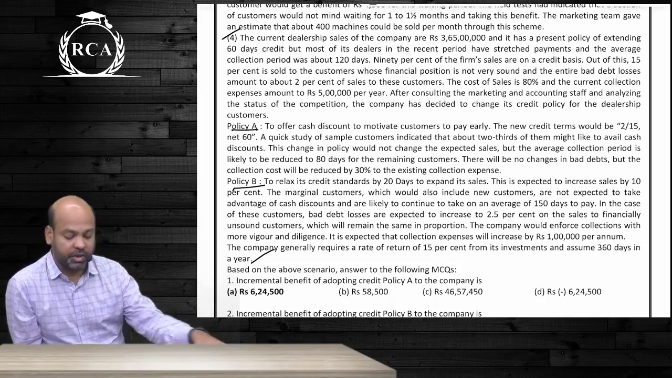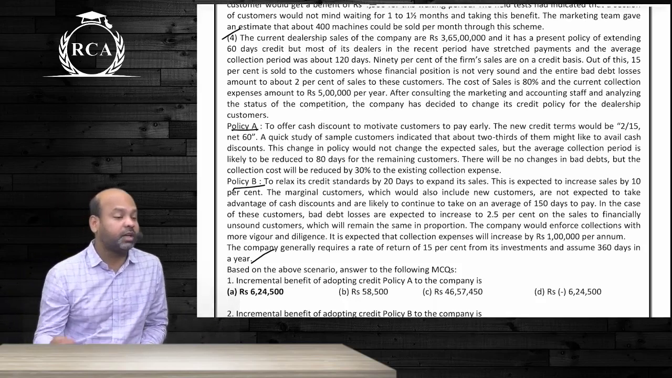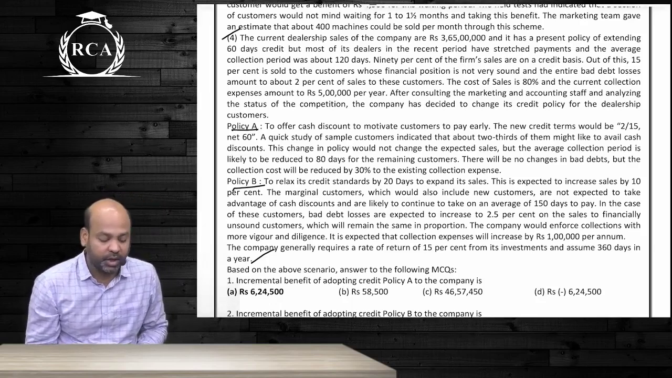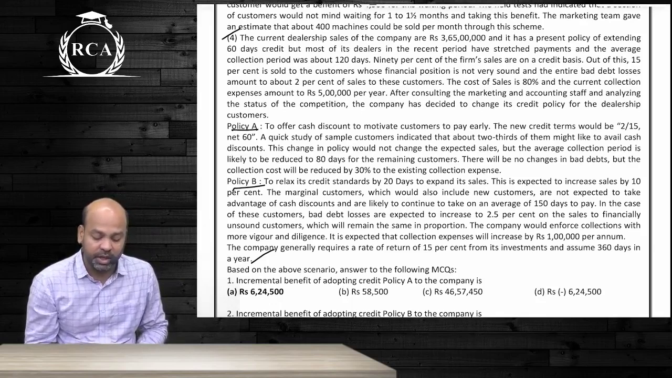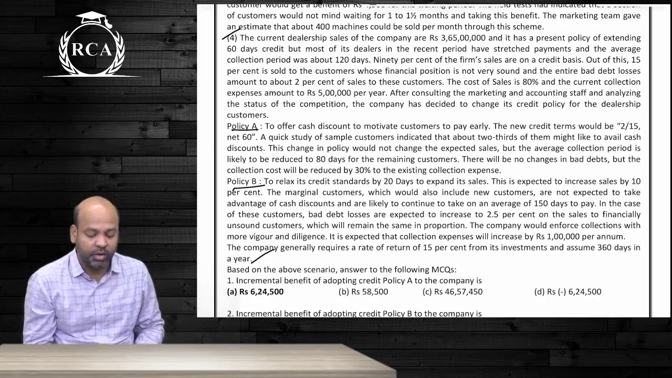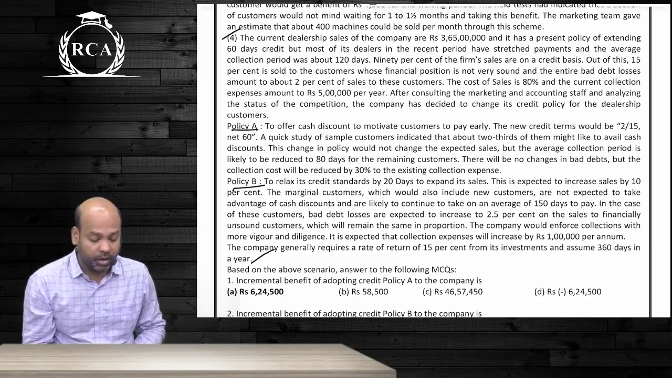For the dealership customers, policy A is to offer a cash discount to motivate customers to pay early. The new credit terms would be 2/15 net 60. A quick study of sample customers indicated that 2/3 of them might like to avail the cash discount. This change in policy would not change the expected sales, but the average collection period is likely to be reduced